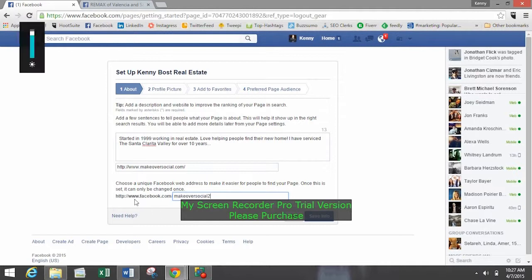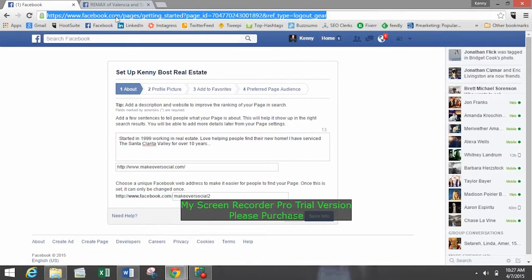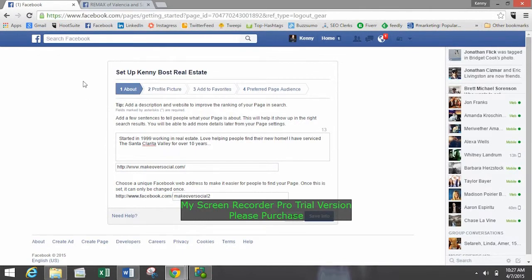This link right here should be in your email signature always. If your link to your Facebook business page is not in your email signature, you need to add that. Just like your phone number's on there, your fax number's on there, and your address or the office address is most likely on there. This is going to be that URL. If you later copy a URL from your business page, sometimes it'll have a long string of messy numbers after it, and you just want to have this nice clean link right here. So save info.